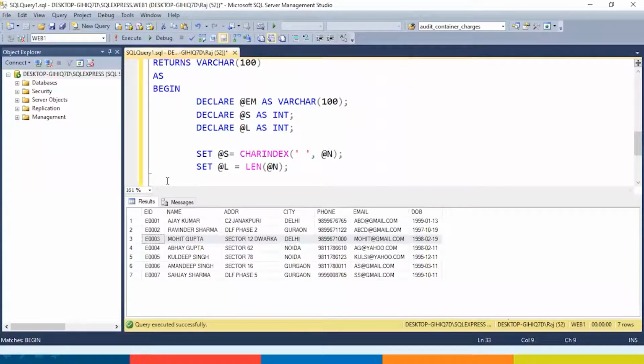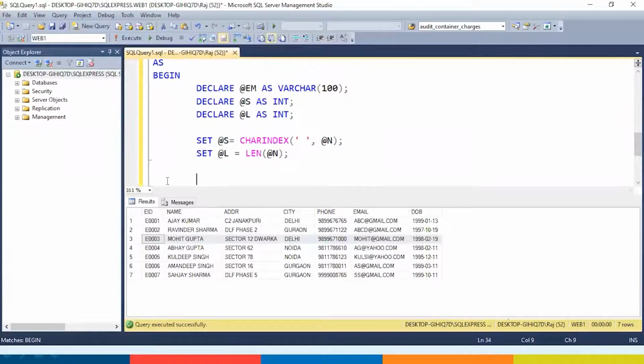Now I will say set @em is equal to concat, the first character of the name. So I will say left of @n comma 1, comma the last name.